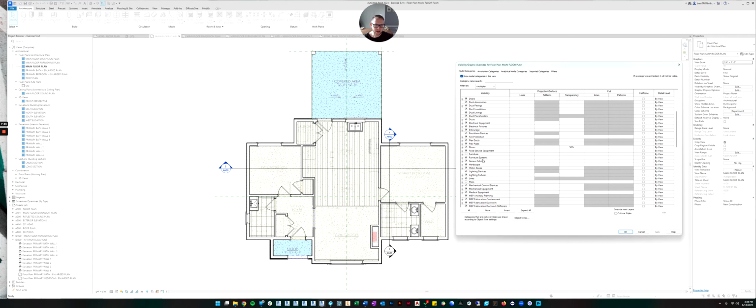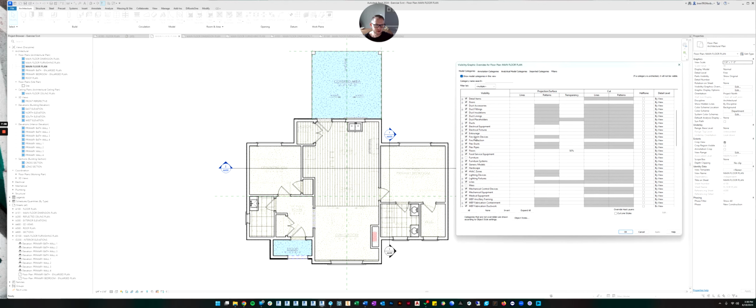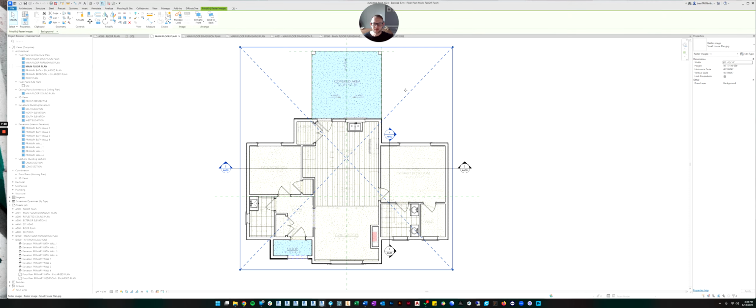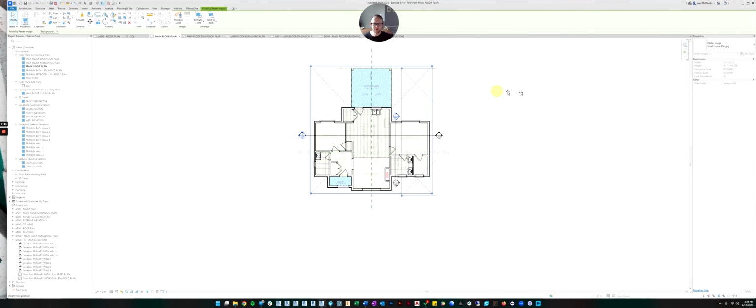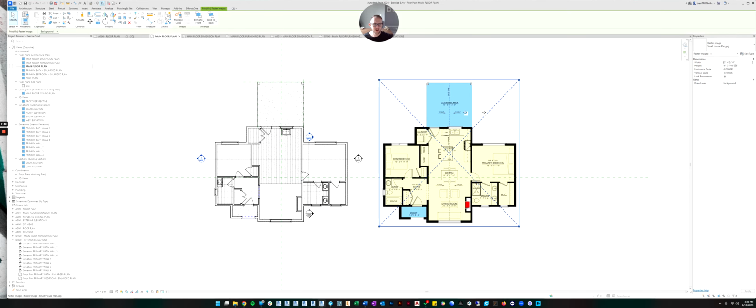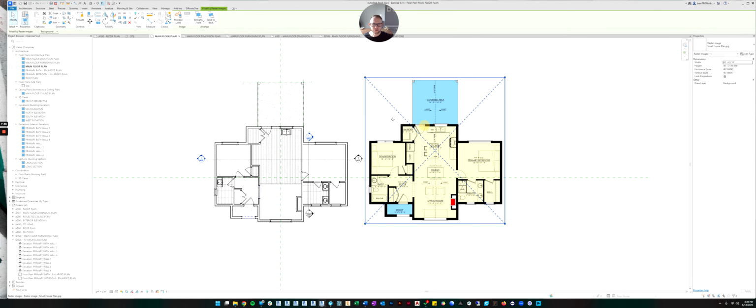Okay, so the next thing we wanted is, let's adjust the floors, because right now the floors are showing the floor pattern. So if we come here to floors, if you remember, I showed you how to make the floors transparent so that we could see beneath them, so we could see our image. Let's click OK and get out of that dialog box. I think it's probably time that we don't need our image anymore. I'm going to pull it to the side and I'm going to turn the cropping off the view so that it doesn't crop the view anymore. So now we can see our image over to the side, but it's not behind our model.